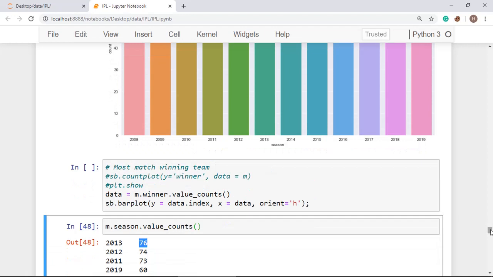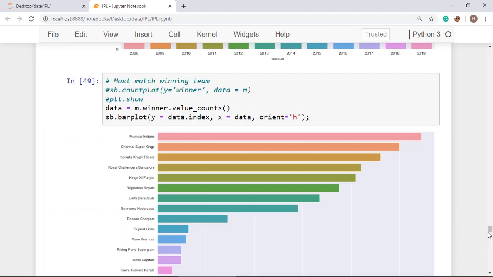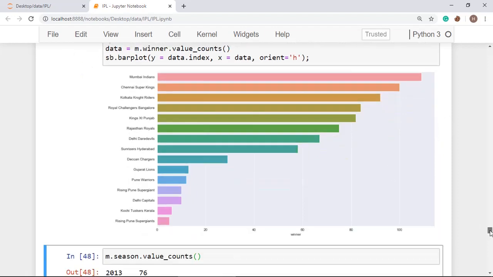Now I am going to show you the most match-winning team. I am going to plot the graph for the team that has won the most matches. All right, so here you can see that Mumbai Indians has won the most matches, and then after that Chennai Super Kings, then Kolkata Knight Riders, Royal Challengers Bangalore, Kings XI Punjab.